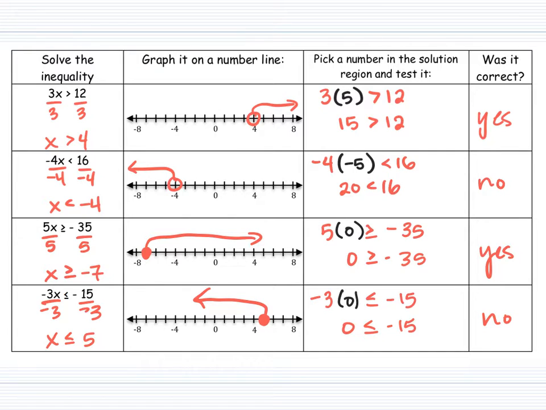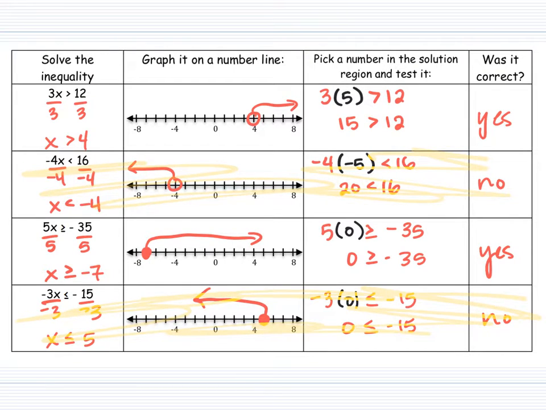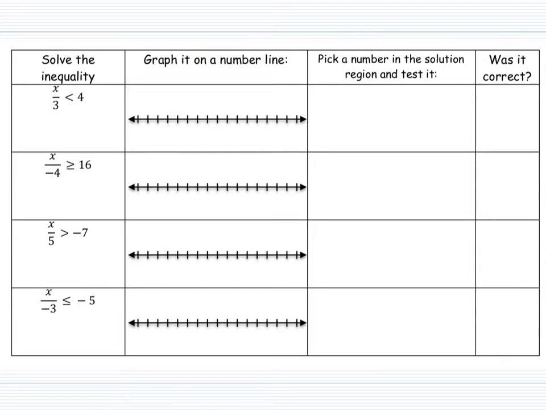So if we look at what's happening here so far, this line and this line did not work out, and they have something in common, which we're going to look at on the next slide as well. What we have in common in all of these is when we solved, here we divided by a negative, here we divided by a negative. So on the next one,